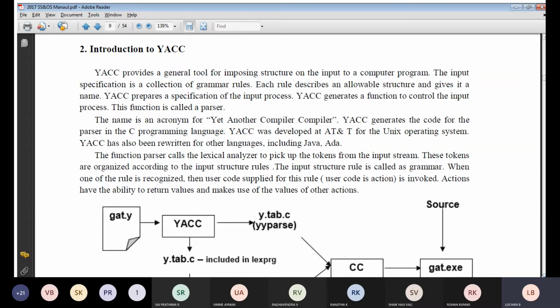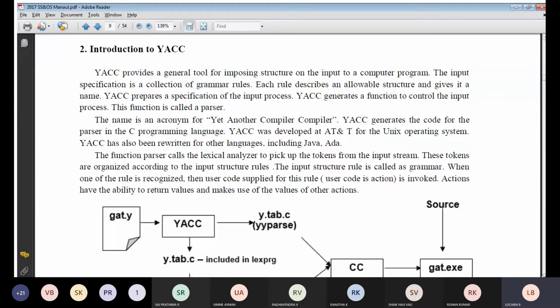Parse tree means whatever the output you are going to get, we are going to represent in terms of a tree-like structure. Generally, you may know that if it is a tree, you will have the root node, the left node, the right node, that is nothing but root node, leaves, all those things. In this particular case, yacc is a tool which is mainly imposing the structures on the input computer program. That is, whatever grammars you are going to take, the collection of the grammar we will be taking in your yacc functions, and we are going to perform the operation.